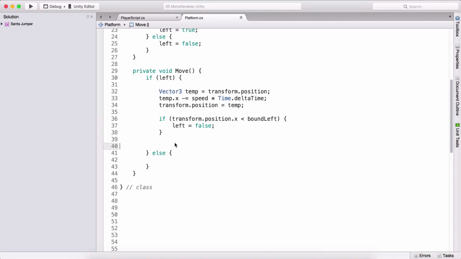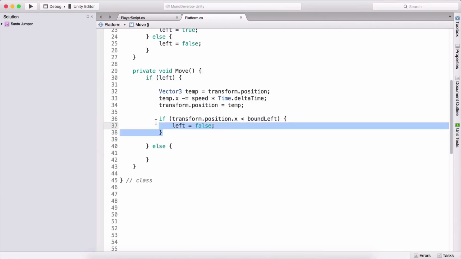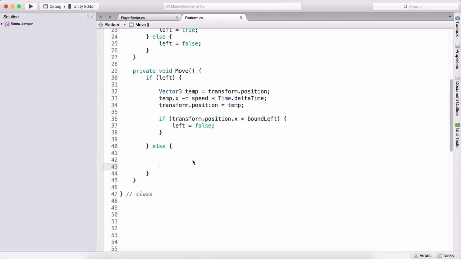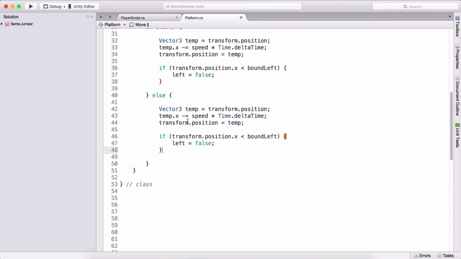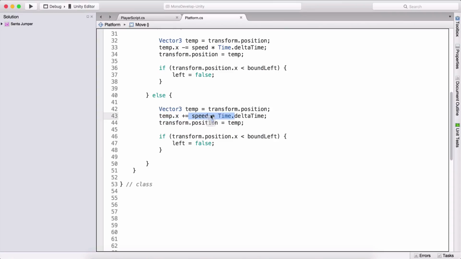And else here, meaning if we are not moving left, then we are going to move right. We're going to do the same thing here. So copy the whole code, except here we're going to say plus equals because we're going to the right side. Right side is the positive side. So our temp.x, which is the current x position, will be plus equals,